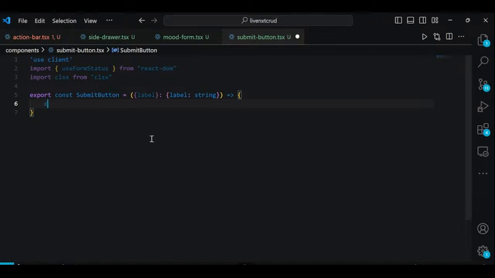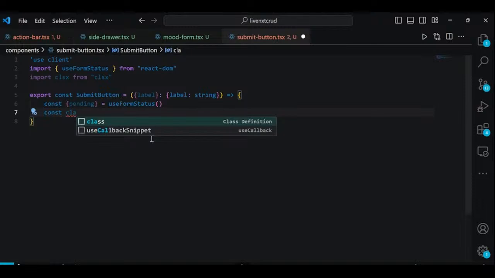Inside of the submit function, we want to destructure pending from use form status. And I'm just going to create a class name variable that we can pass into the return statement versus hard coding it directly within the return statement itself. So we'll say const class name